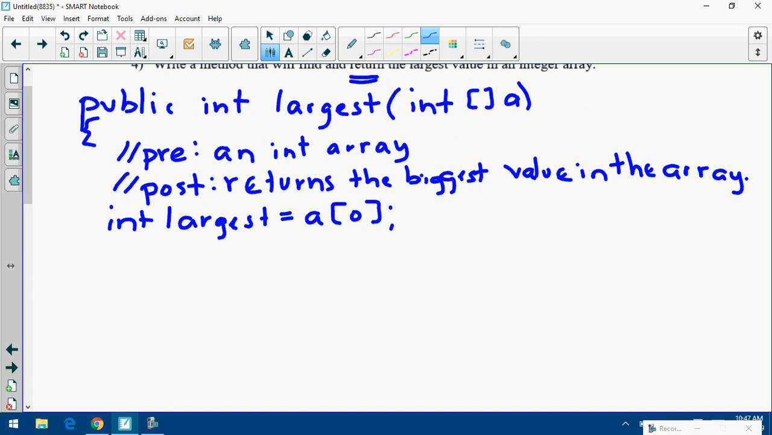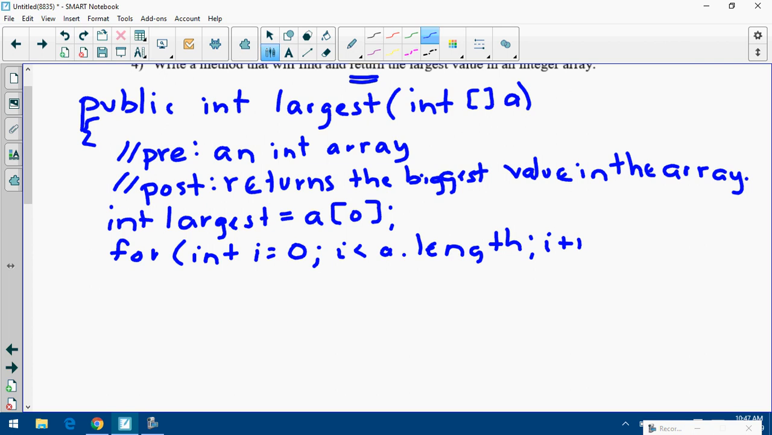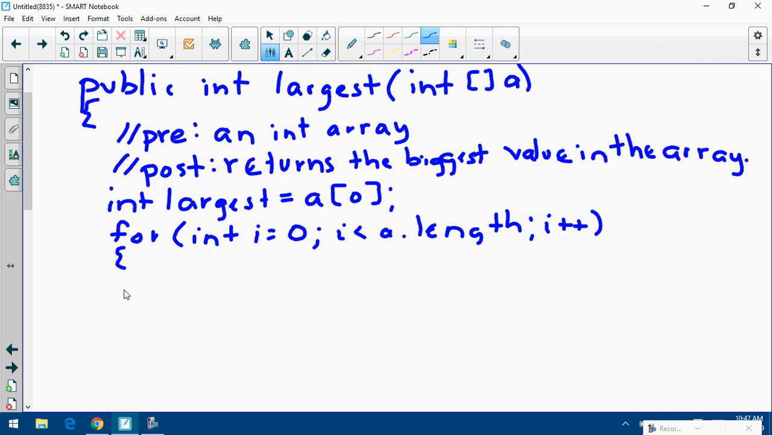So basically I have to go through the array. So as always, for int I equals 0, I is less than a dot length, I plus plus. So we're going through the array. At every spot in the array, I want to check if the current value is bigger than the value we're calling the largest. So that's going to look like if a bracket I, the current value, is larger or bigger than what we're saying is largest,